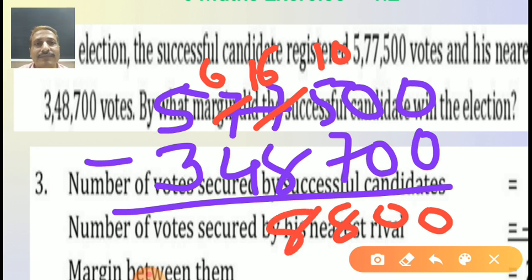Oh, very fast. 6 minus 4 is 2. Okay, I will write it, 2. Oh, what about 5 minus 3? Yes, 2. So here is the answer. Do you know what the comma is? In the previous exercise we did these things. Put the comma. It is very easy to read the number: 2,28,800. Otherwise it is very difficult to read a big number. Right, student? Put the comma. Okay, let's check whether our answer is right or wrong.